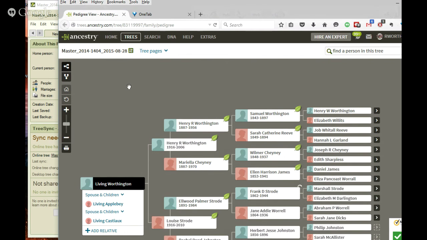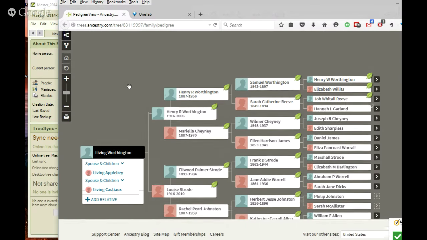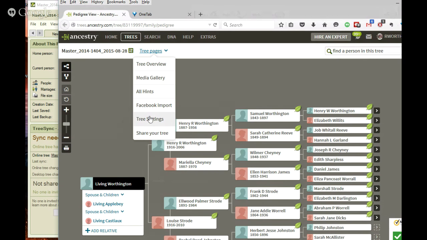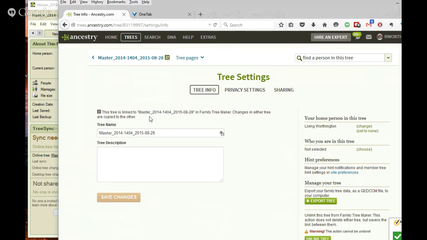So the tree that I just uploaded is there, and you can see that the names are privatized because I privatized it before it left my computer. I'm going to go over here to tree settings, and there's tree name, and I'm just going to type in here, this is my DNA tree, and click save. Now, so far that's now online,